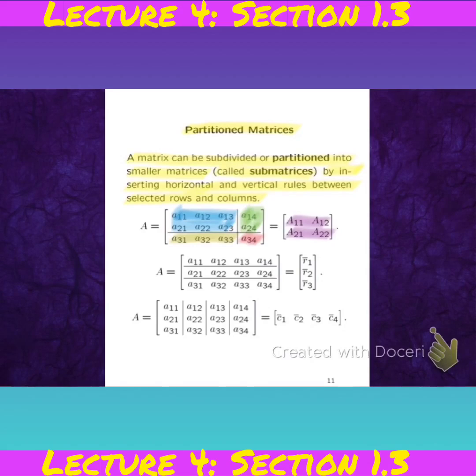Second example there is you can partition the matrix A into 3 row vectors, and you denote each row vector by R, or you can partition A as 4 column vectors. That is something you can also do. Now we can actually partition matrices into row and column vectors and then express the product of 2 matrices where you use this particular row